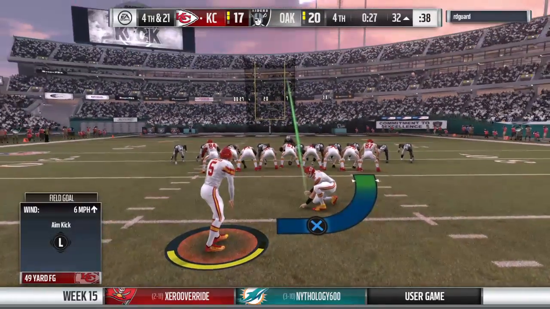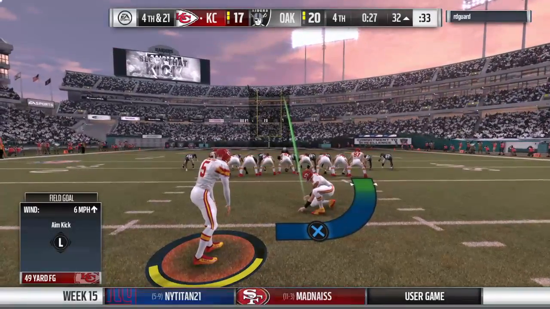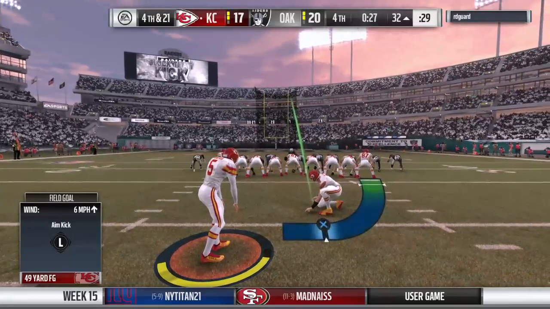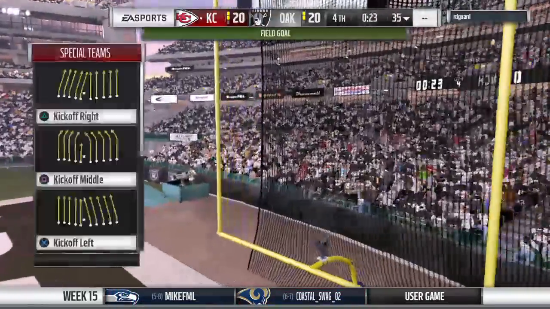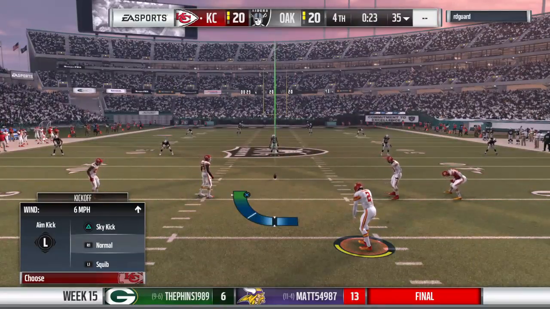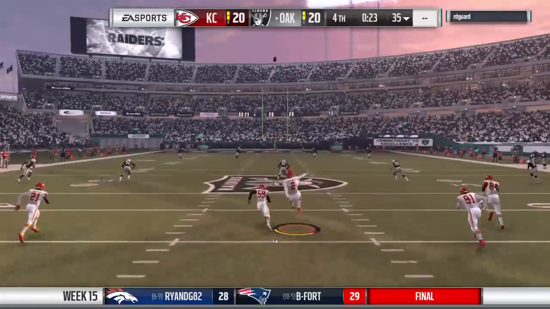So on 4th down, out trots the kicker in a big spot here. This to potentially send us to overtime. And Santos able to put this one up and through. It's good. And that will tie this game here in the final minute of play. So in the final minute, they turn it over to their kicker to get him back to even, and he